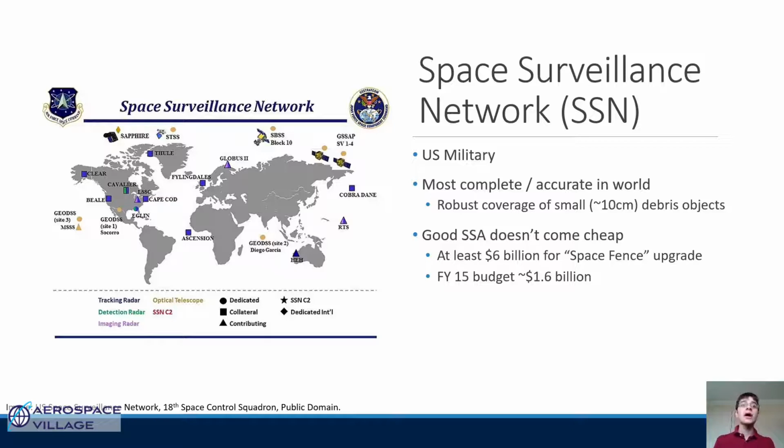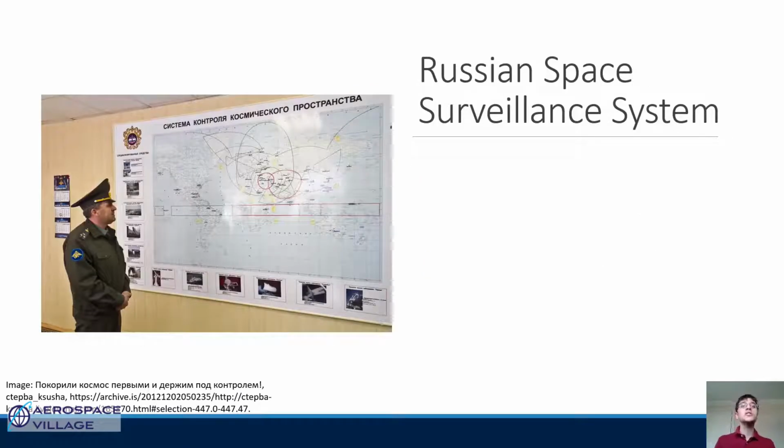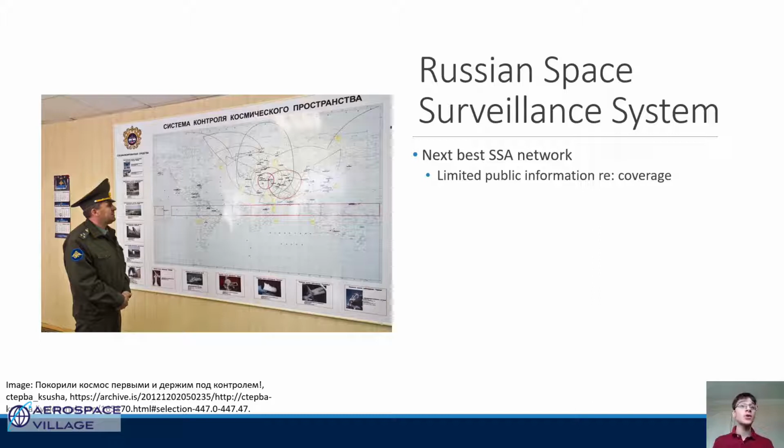This is a very complicated technological endeavor that is beyond the means of even most nation states to pull off. The next most sophisticated SSA capability is probably Russia's through the Russian space surveillance system. We don't know quite as much about what kind of objects they can see or at what size, but we do have a sense of the network's capabilities because we know where the ground stations are. And they're primarily in former Soviet territories or countries that were friendly with the USSR prior to its collapse. This makes sense as a lot of the groundwork was kind of laid for the system during the Soviet Union,